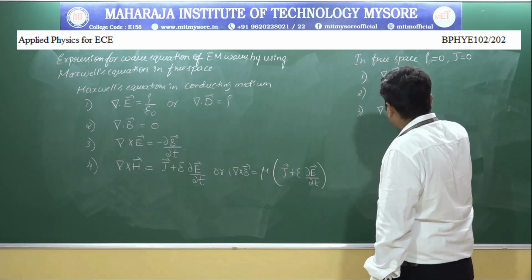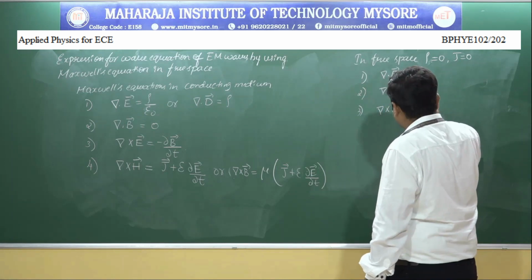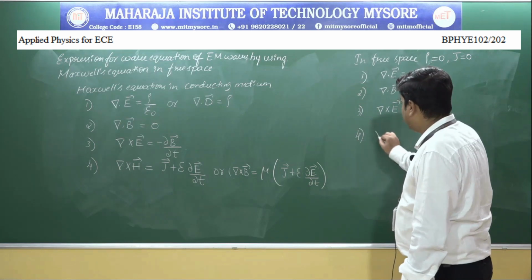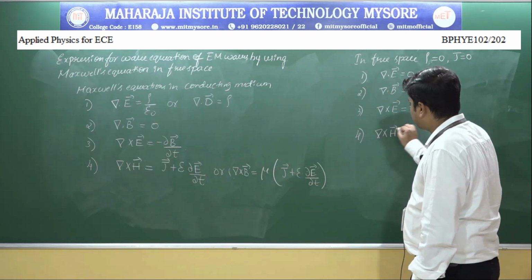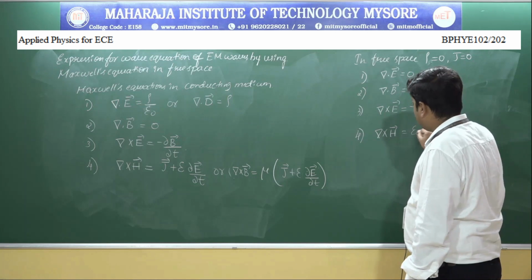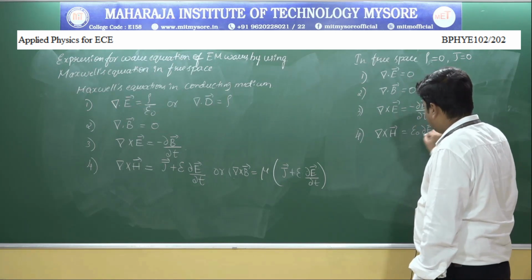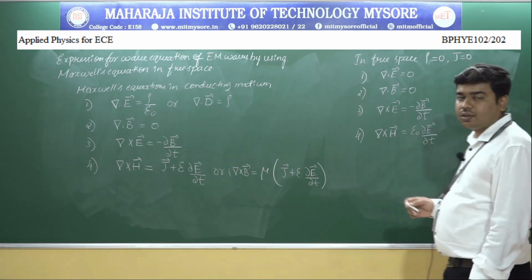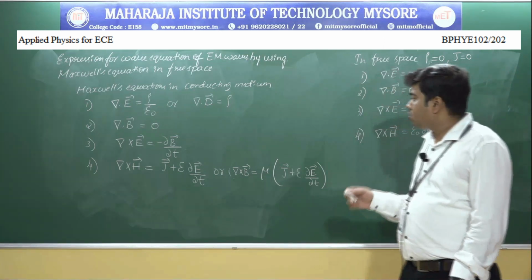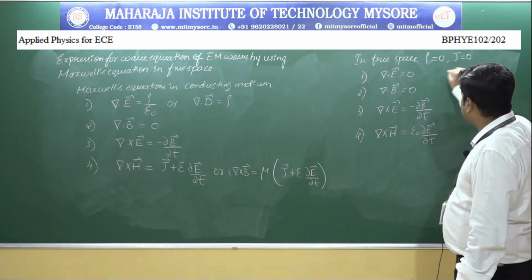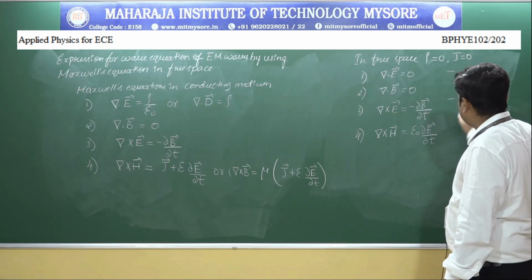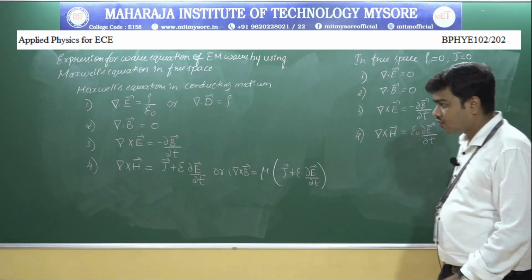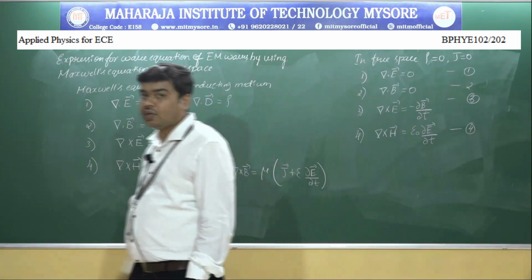del cross E is equal to minus dou B by dou T, and the fourth one, del cross H is equal to epsilon naught dou E by dou T. Now, these are the four Maxwell's equations in free space. We will call these equations 1, 2, 3 and 4. Now, using these four Maxwell's equations, we have to derive an expression for the wave equation